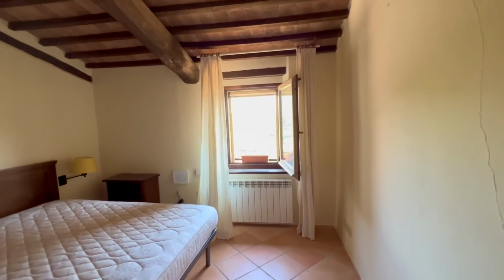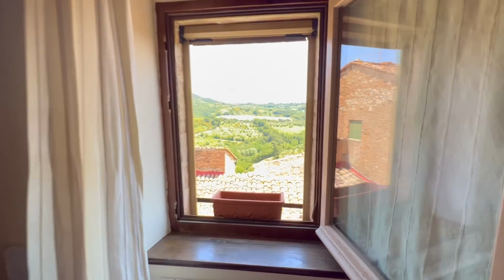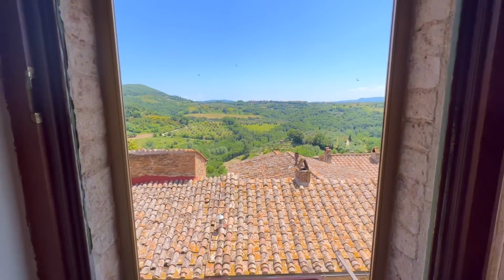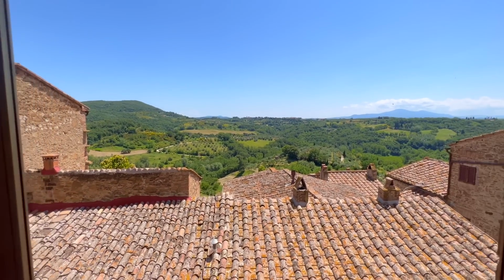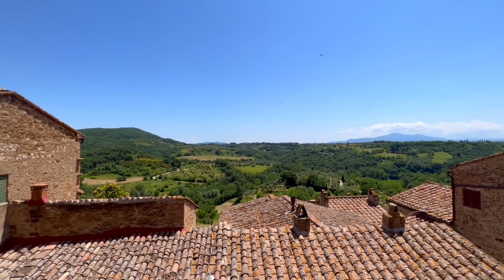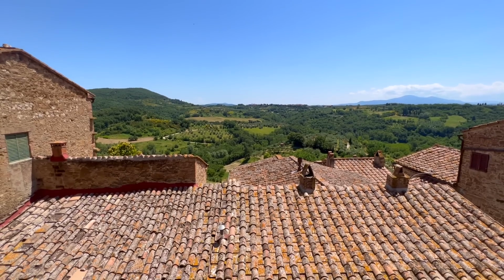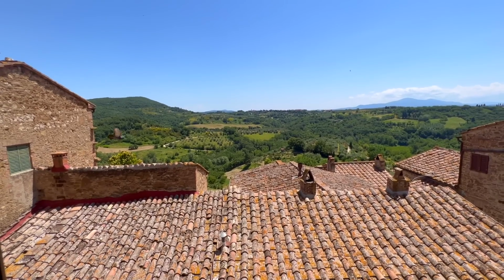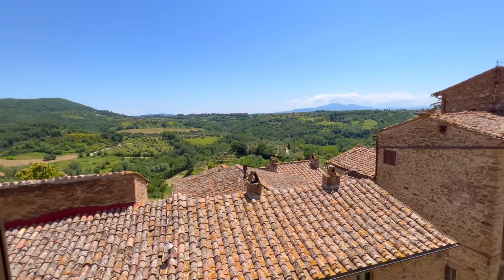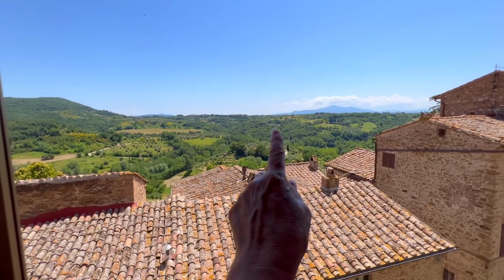Again, the pièce de résistance in this beautiful house are these views from every single room. Everywhere we go, we're just looking out onto the magnificence, which is this wonderful Val D'Orcia and the Crete Senesi. We are right next to a UNESCO part of Tuscany, and just here in these fields there is a